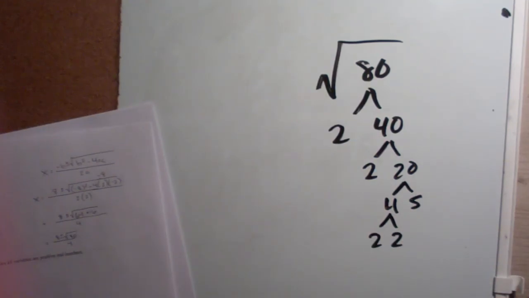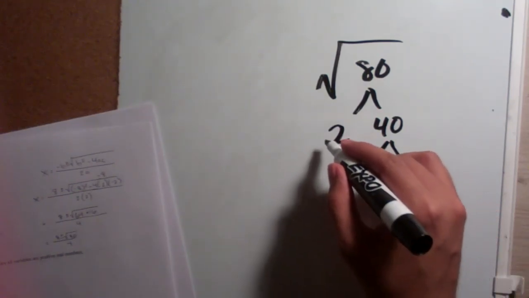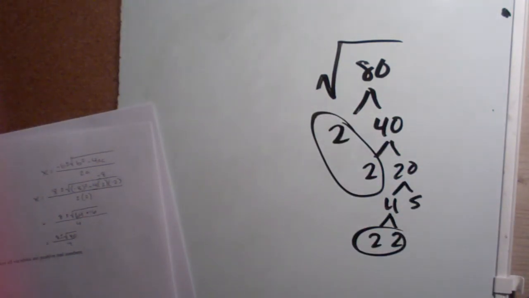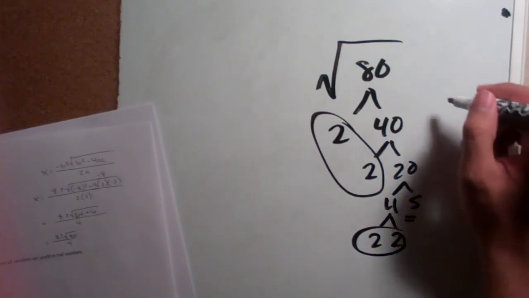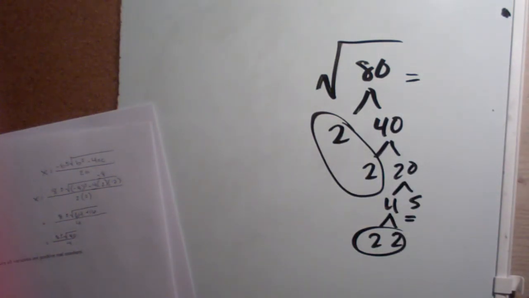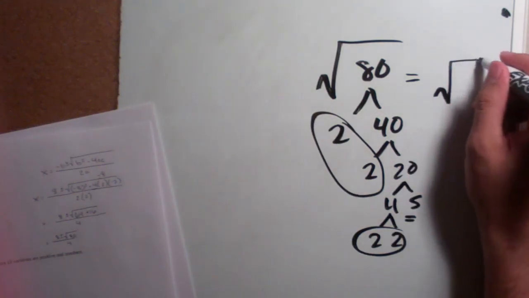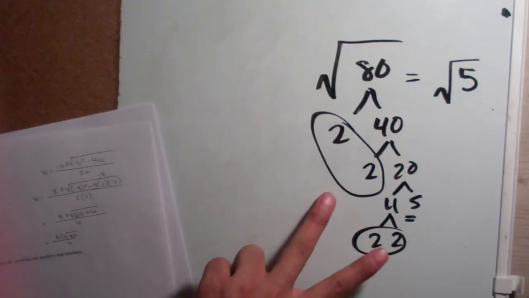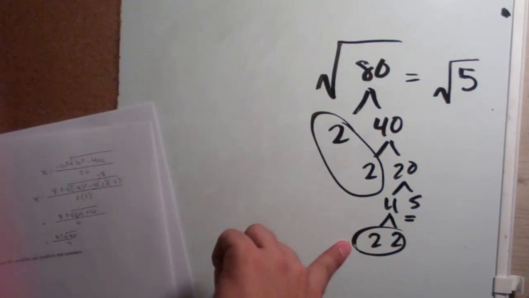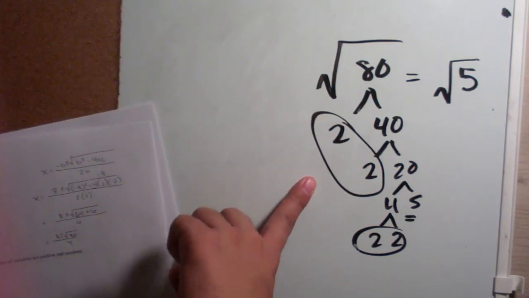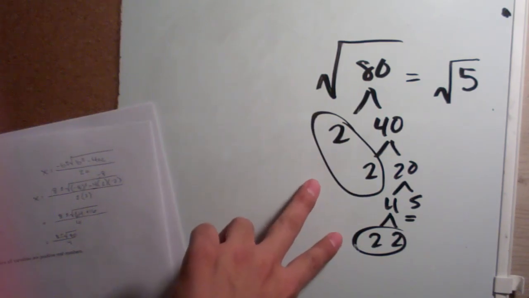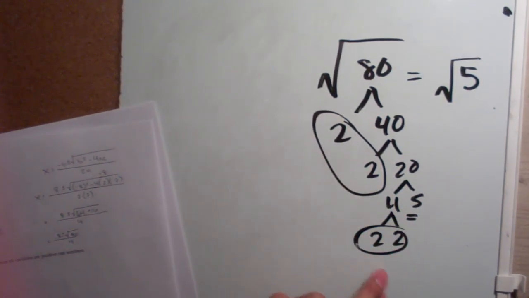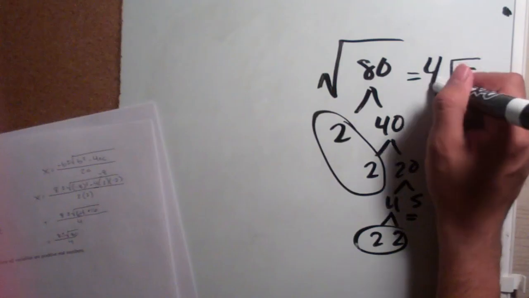When we want to simplify square roots, we circle our pairs at the ends of our branches. So we have a pair of 2s, another pair of 2s, and this single 5. When we simplify square roots, the pairs go outside, and the single numbers stay on the inside. So 5 stays on the inside. It can't go outside. These two pairs of 2 mean I can take out a 2 and take out a 2. Both stay outside the square root, but you have to multiply them, so 2 times 2 is 4. So this square root of 80 simplifies